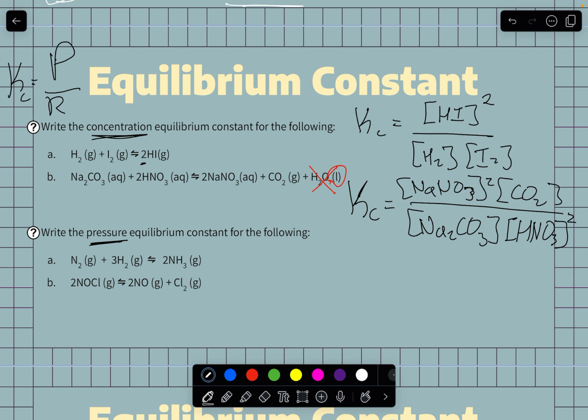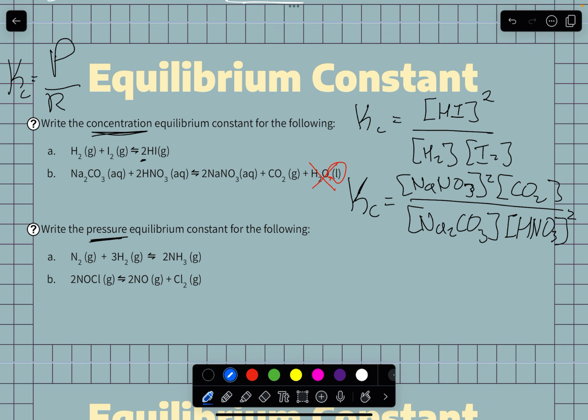Okay, so that's for the concentration coefficient, the equilibrium constant for concentration, right? It's just the product divided by reactants. Your coefficients are your exponents. All right, so coming down here to the pressure ones, we're going to do the same thing. But instead of doing Kc, it's Kp. And then instead of doing the brackets, we're going to do the pressure with something as subscript. Okay, so for A, we have our Kp